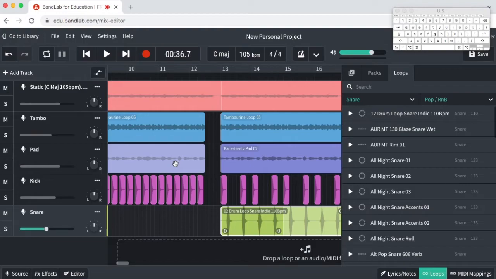So that's pretty much it. What you really need to pay attention to is the key and the BPM. When it comes to the beats, neither of these matter. But when it comes to adding a pad or a guitar or an instrument that actually makes a noise, that has a pitch,